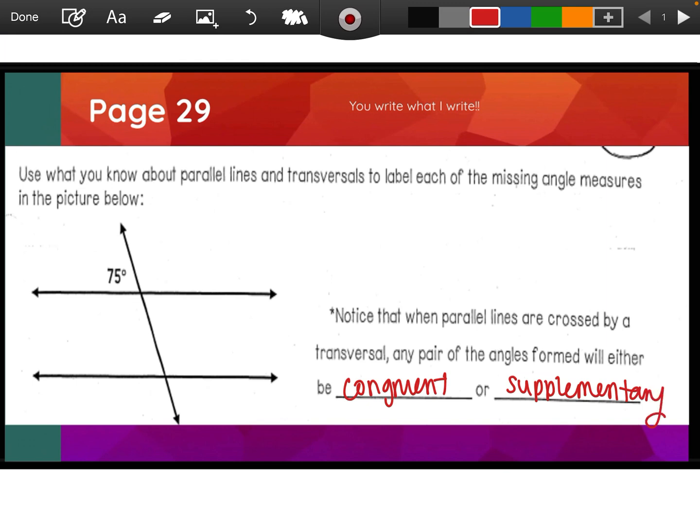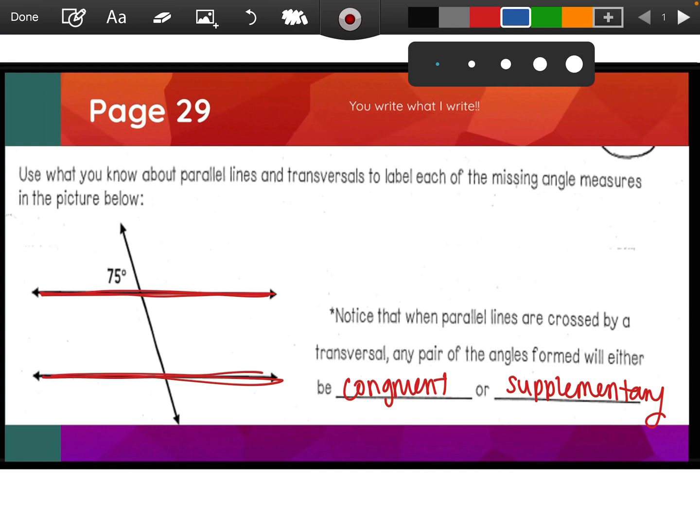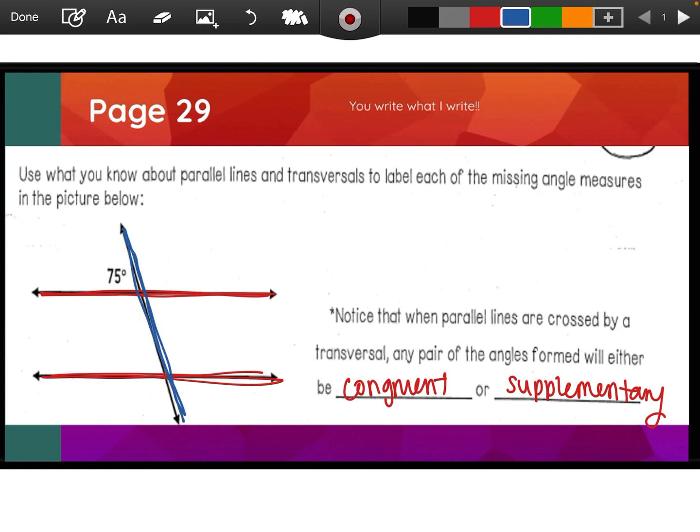So we can figure out all the rest of the angles in here just by knowing one of them is 75. So we've got our two parallel lines that are cut by the transversal. I like to always start with my vertical angles, and remember those are the angles that kind of make an X. They are opposite from each other. So 75 and the angle opposite from it are congruent. So that means that this angle would be 75